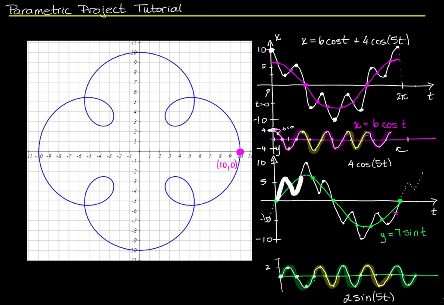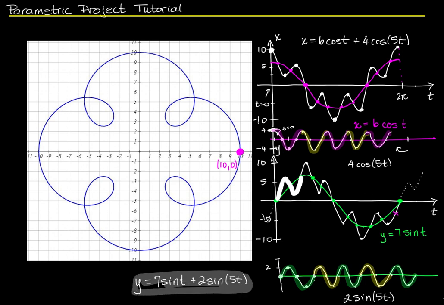It's the green graph plus this other little graph. So plus 2 times the sine of 5t. Now, I happen to know that's not the right answer, and there are several clues that tell me that that's not the right answer. I'm not going to tell you right now what those are because I want to walk through